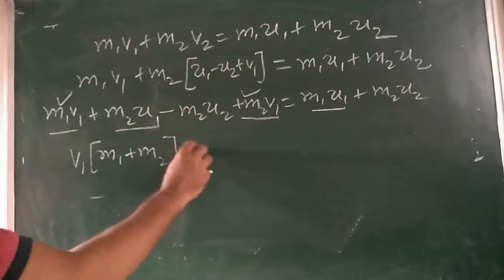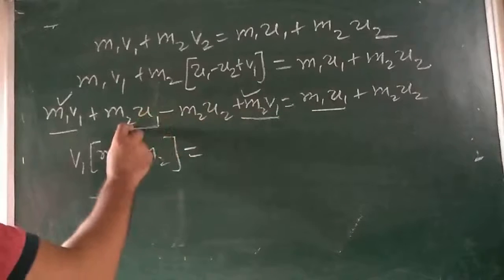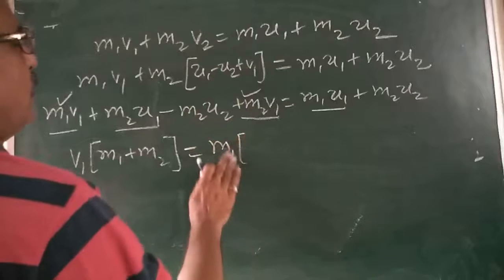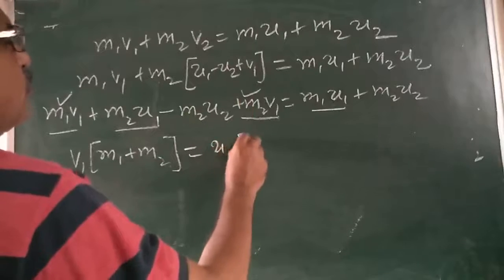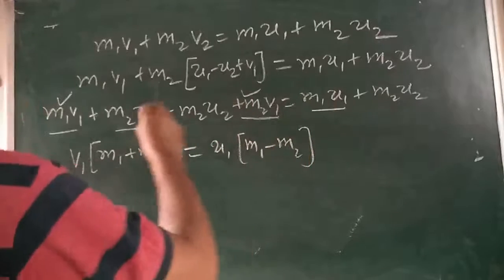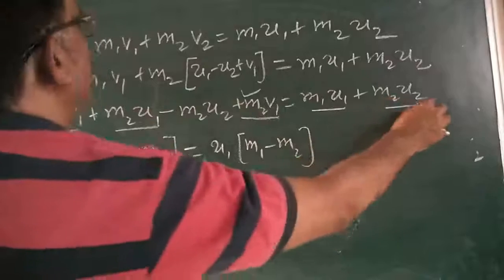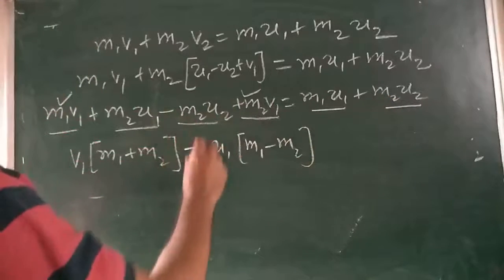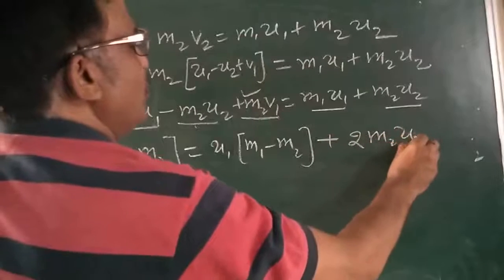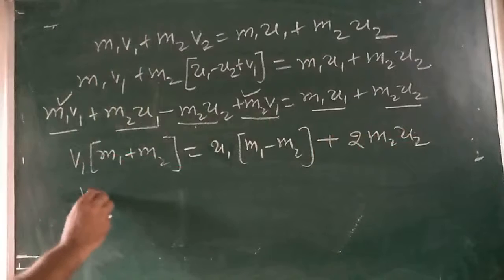Here it is u1, here it is u1. Take that to the other side. Take u1 common, so here m1 minus m2. And here is m2 u2, here is also m2 u2. Take that to the other side as well. So this is twice of m2 u2. So I can write here v1 comes out to be,